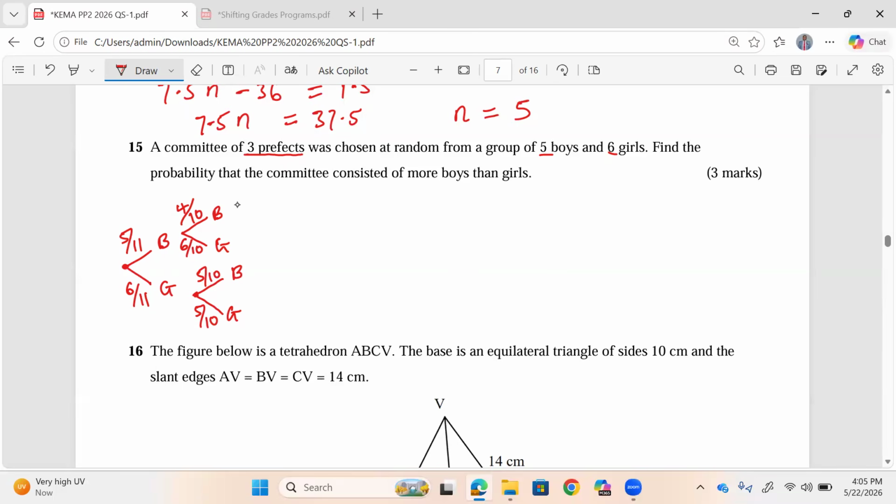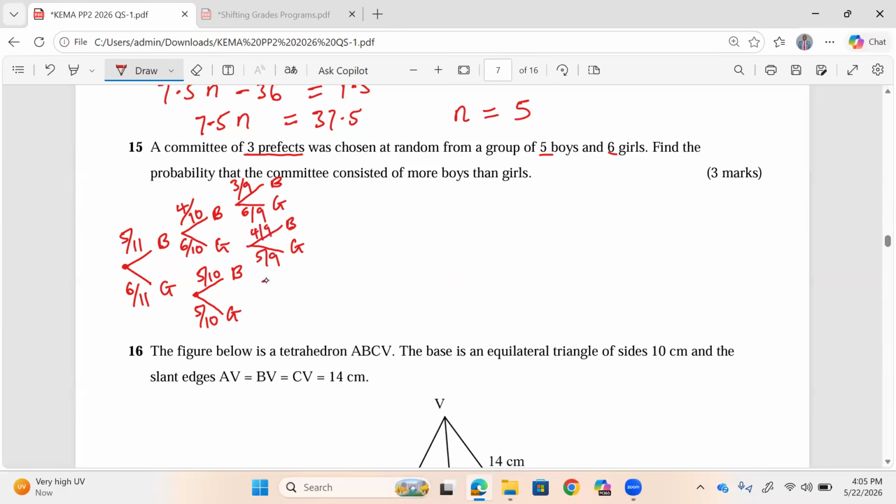Then finally, we have the last bracket here, where you can still pick a boy or a girl. Picking a boy for the third time now goes to 3/9, meaning that this one is 6/9. Then when you picked a girl, you can pick a boy or a girl. Now picking a girl after you had picked a girl here goes down to 5/9, meaning that boys